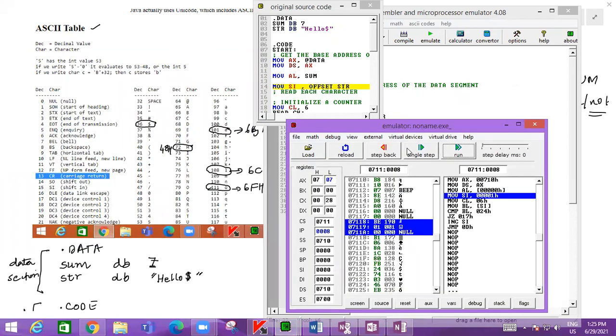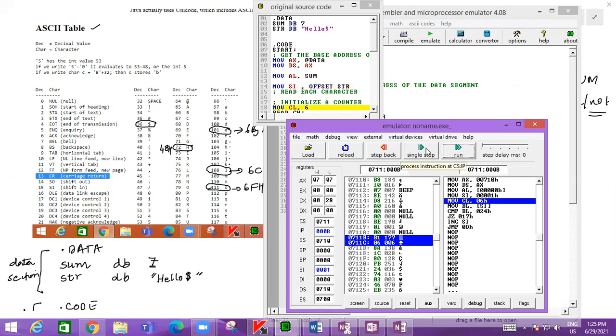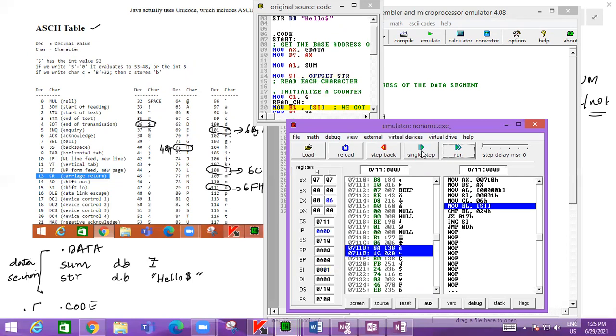So we'll do single stepping and check the register values. Okay, 6 times. So here we are not using the CL basically. So you can use different logics. So move the source index value into BL. Now we are getting the first value H, which is 48H, into BL.